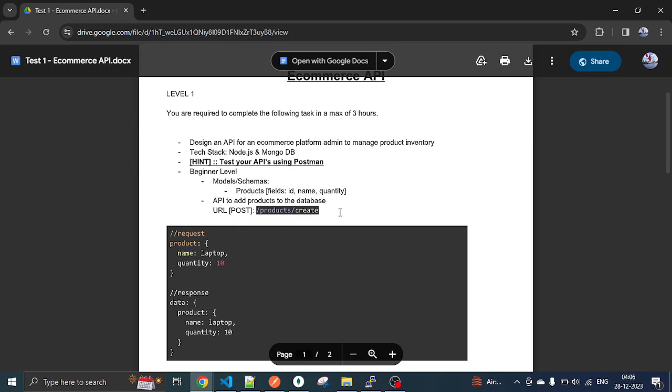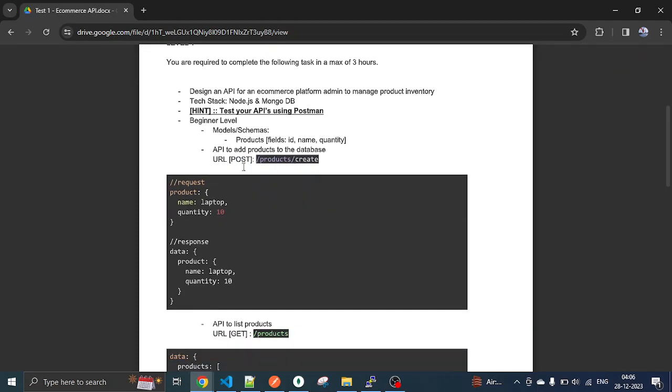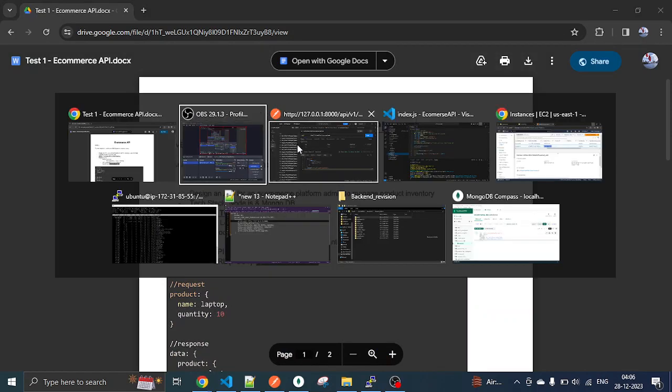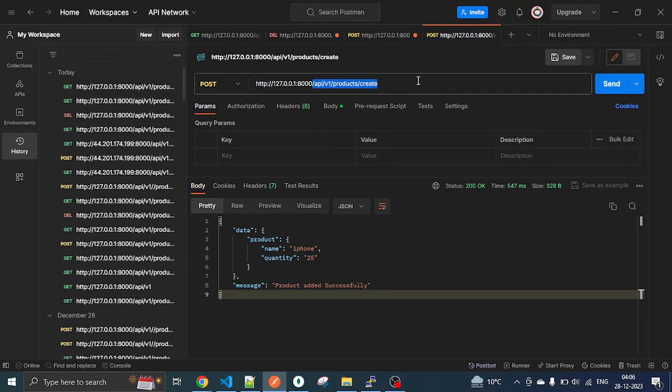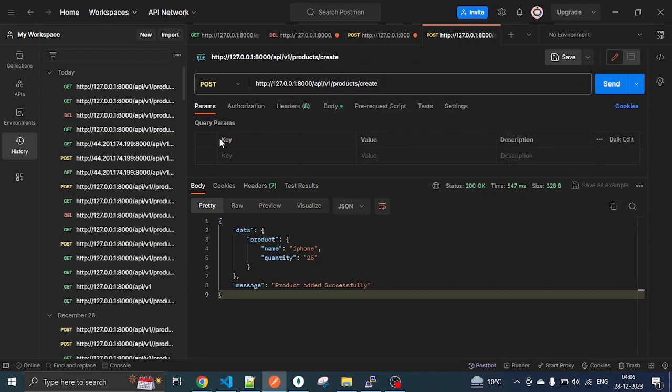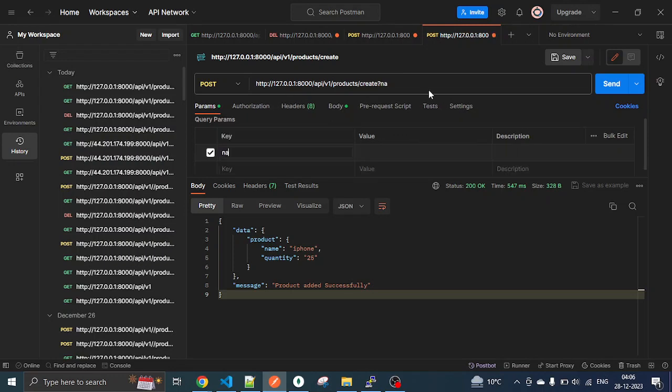To create an item in the database, product create should be sent using the POST method, and there are many other methods. I'll start with the create method. Inside create I need to send the values also, like what I need to create. First of all, the name entry should be there. For example, I want to create an item named iPhone,